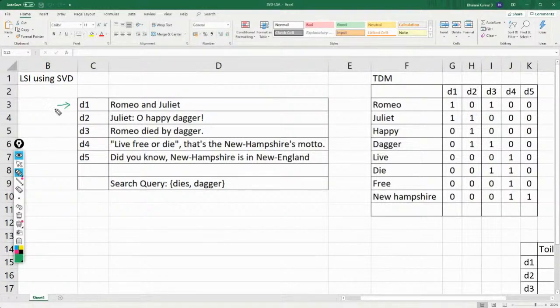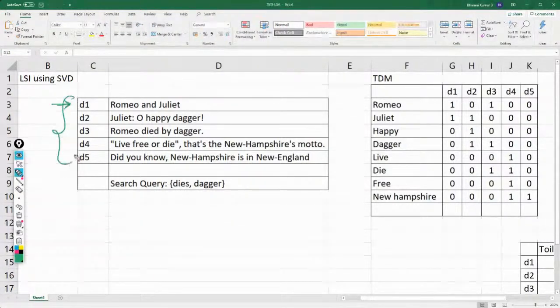Depends. It could be a movie review. One entire movie review could be one document. One entire review written on Amazon could be one document. Okay, or any survey that you conduct, survey responses. Each survey response could be one document.